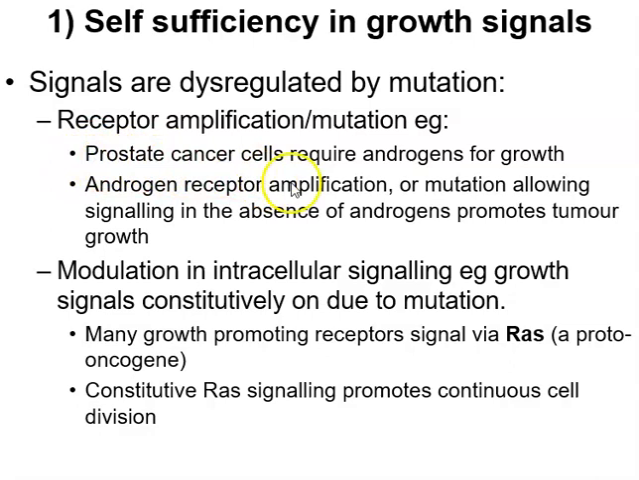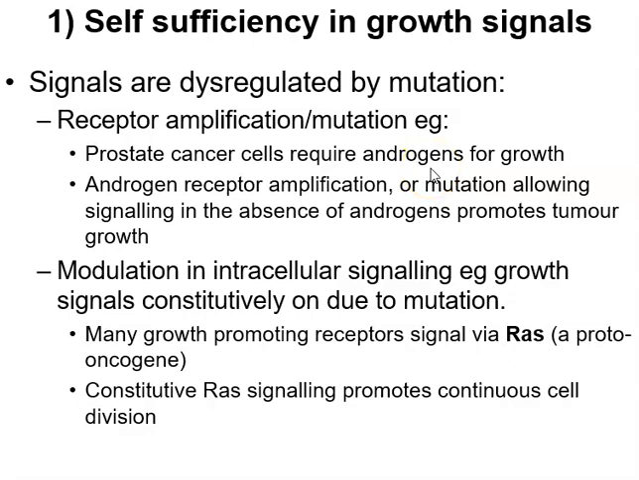For example, androgens are required by prostate cancer cells, so prostate cancers overexpress the androgen receptor. Breast cancers overexpress HER2, lung cancers overexpress the epidermal growth factor receptor. So this is something that cancers do. They amplify, as in they duplicate their genes that code for those growth factor receptors, so they respond to much lower levels. What you can also have is mutations to the growth factor receptors, so those growth factor receptors are